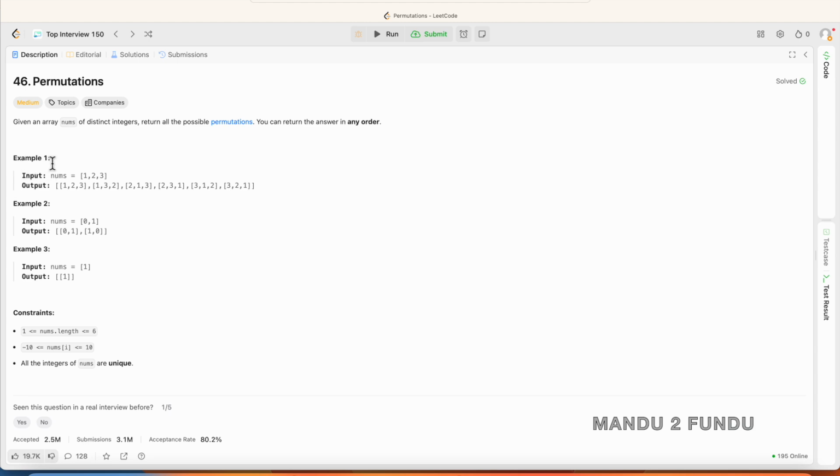So let's take a look at example 1. The nums array has 3 elements: 1, 2, 3. So there will be 6 permutations for these 3 integers: 1 2 3, 1 3 2, 2 1 3, 2 3 1, 3 1 2, 3 2 1. Permutations are ordered arrangements of elements, so that's why 1 2 3 and 3 2 1 are not the same,